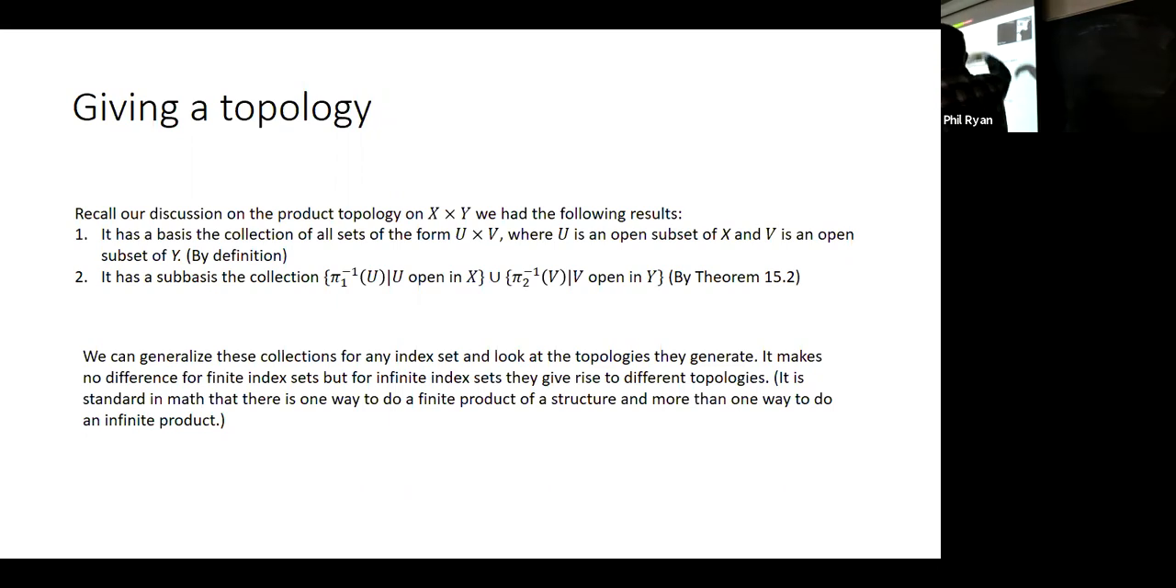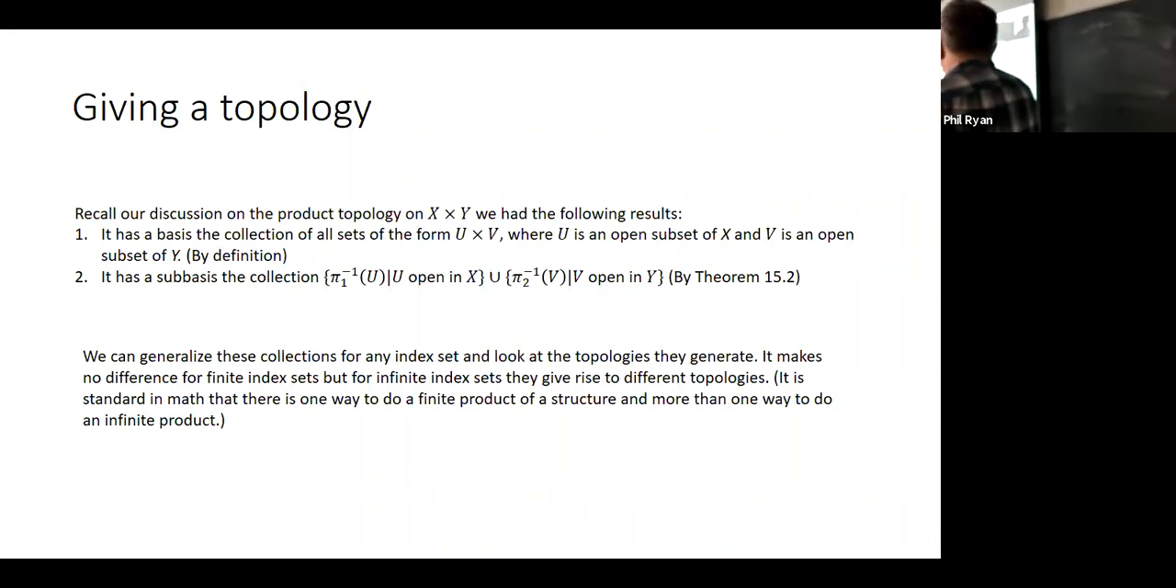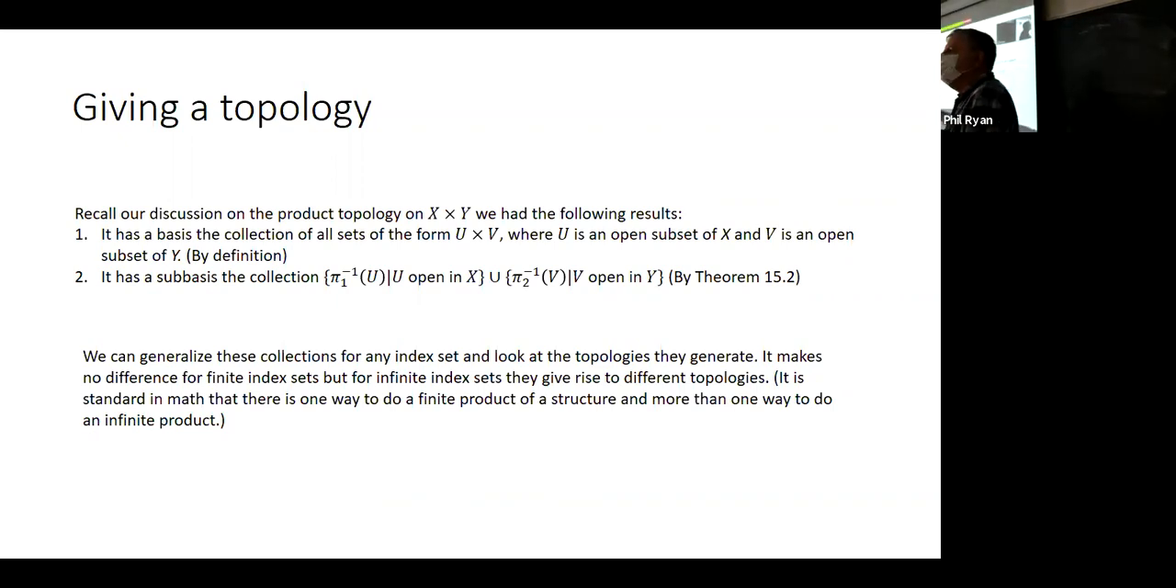So we can generalize these to any index set by just taking the product of open sets or the union of all those inverse images of open sets, and they give rise to different topologies when we've got infinite sets. And this actually happens all the time in math, not only for topology, but for groups, vector spaces, like